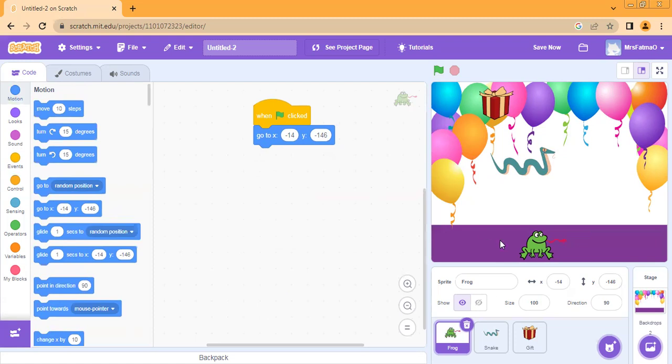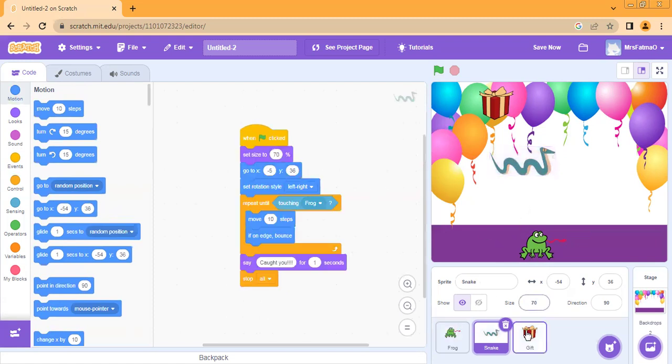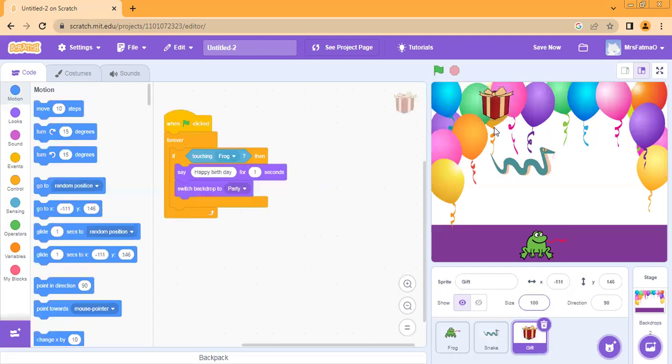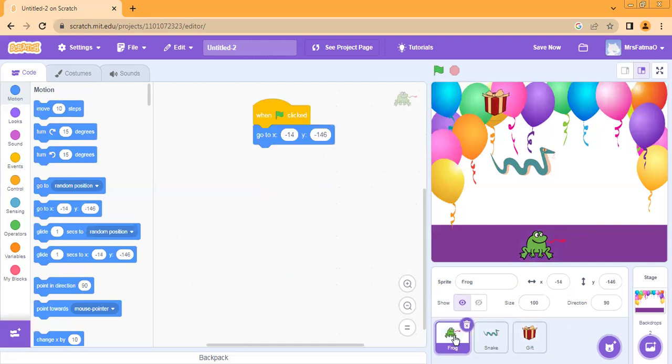And by the way, I changed the size of the snake to be 70 and the gift, I left it as it was, but I guess it could be smaller, like 80. If you're not okay with the size of your sprites, change that. Then